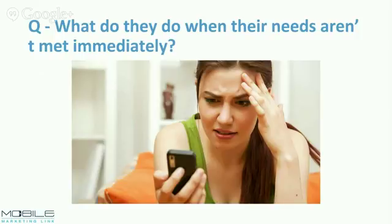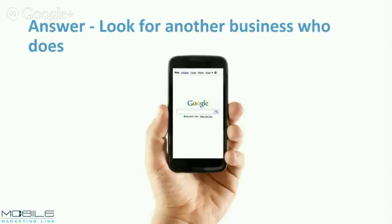So here's a question. What do you think they do when their needs aren't met immediately? So when they're searching for this information, what happens when they can't find what they want? The answer is they end up looking for another business who can cater to them. And that happens in a split second these days. Even us over 40-ish, it happens to us too. I'm really impatient. I know that if I can't find what I want, I just go to the next best thing. And often then I'll go to a review site,